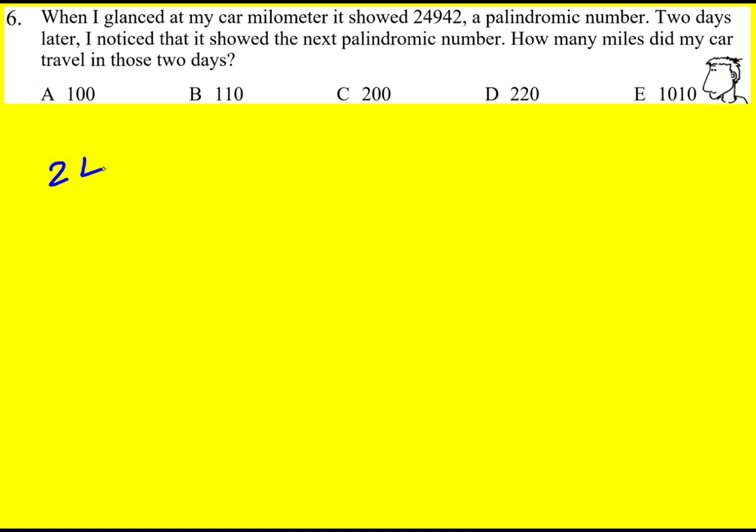Essentially, in this question, we have the number 24,942, which is a palindrome. It reads the same forwards and backwards, and we're trying to find the next one. Now, if we increased the units digit, we'd have to increase the 10,000th digit as well because it still has